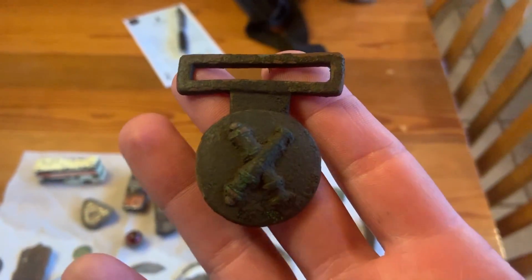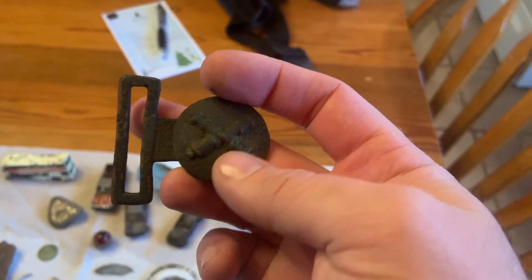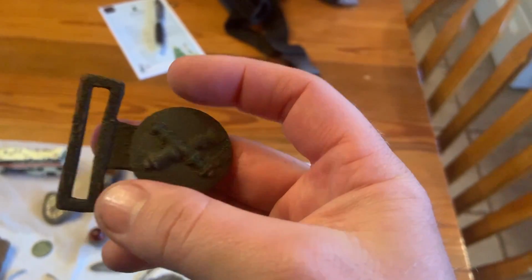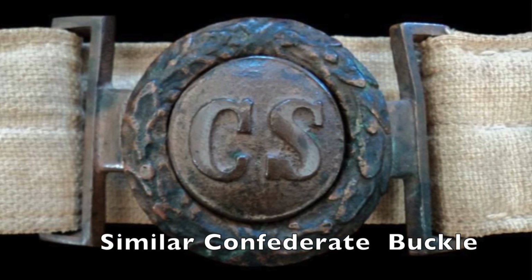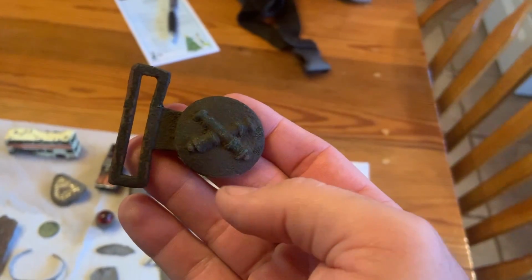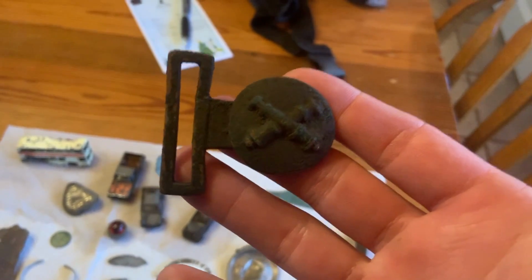This is an artillery belt buckle, half of a belt buckle from the Civil War. Now these belt buckles, there would have been another piece that went around this piece to hold it in place, but this is the half of the belt buckle I found out in a field, and I wasn't there very long, probably less than an hour, and I found this, so I'm excited to go back next time I'm back in Illinois. So this one and the large cent were my favorite finds